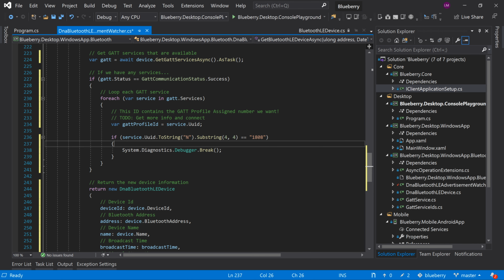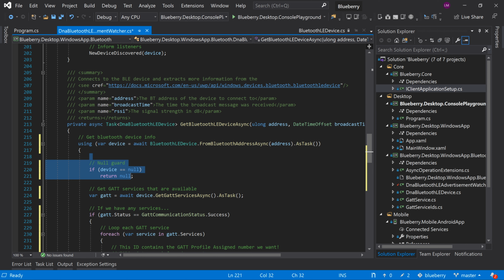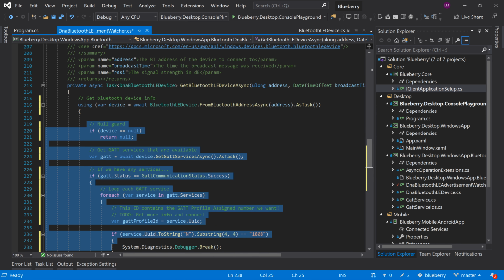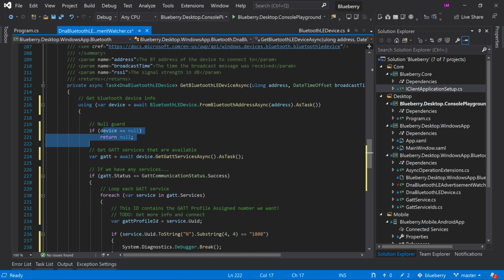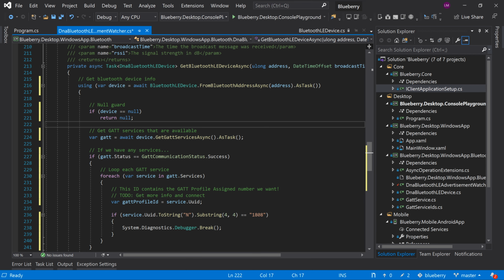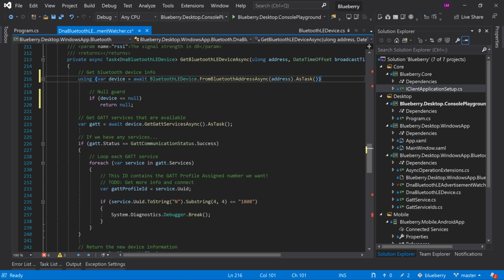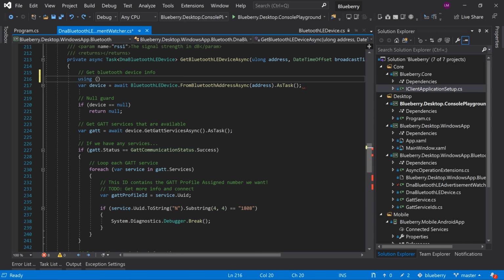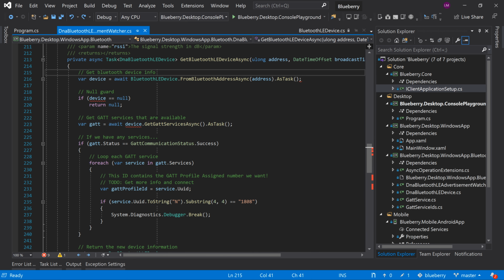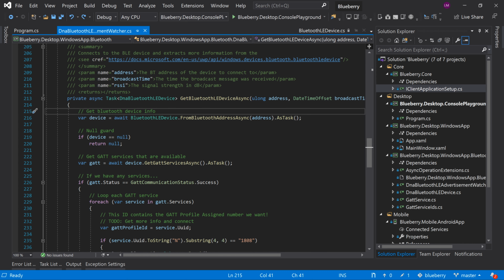So you try to prefer things like, instead of saying if device isn't equal to null, do this code behind, you say, well, if it is null, escape. You try to invert the logic as much as possible to reduce this indentation. In terms of the using statement, now in C# 8, so just make sure you've got the latest Visual Studio installed, so you get .NET Core 3, you can do